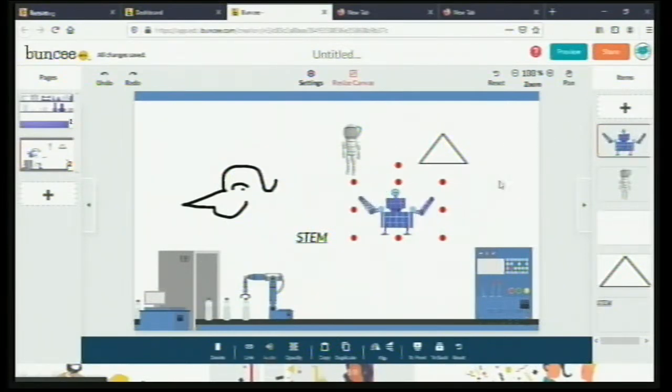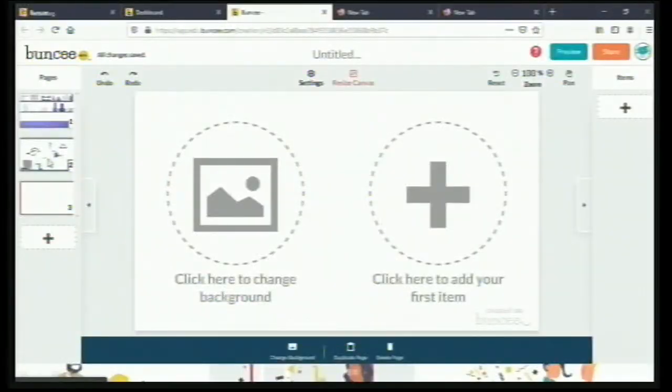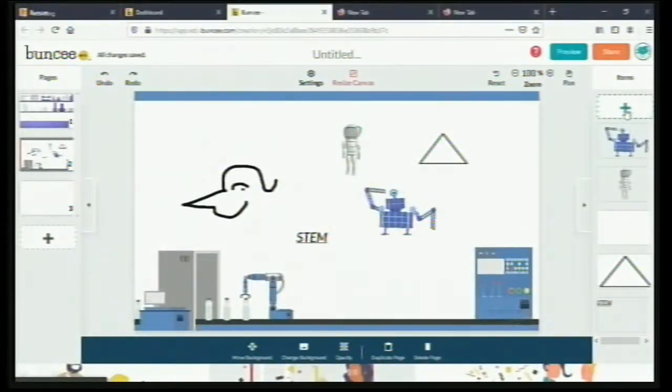So you can insert multiple things in one slide. Yes, you can add multiple items. You can add multiple slides as well. You can see on the screen, at the left hand side, I can add the slides. And from the right hand side, it's written on the top: items. You can just click on this plus sign, and you can add a number of items